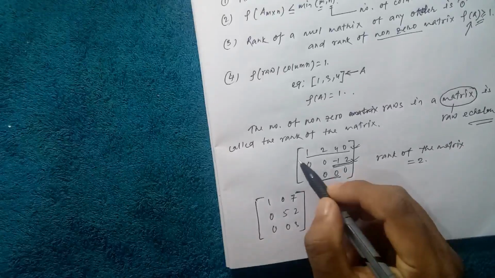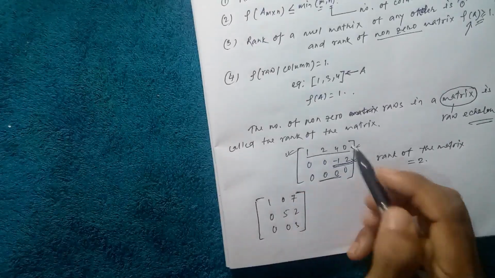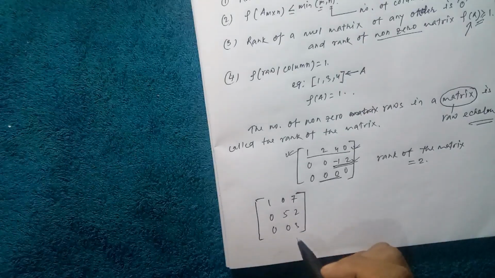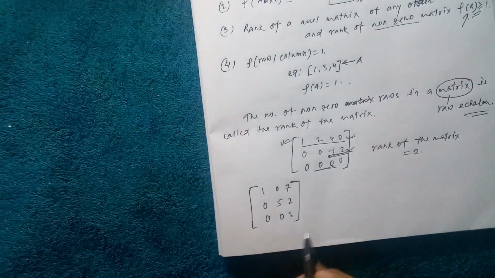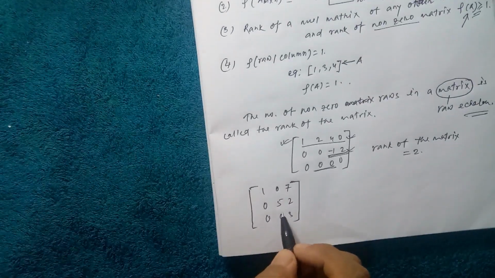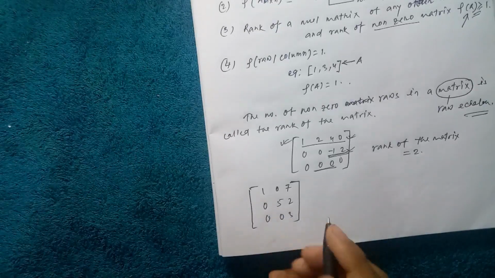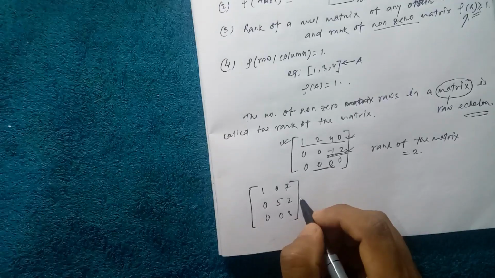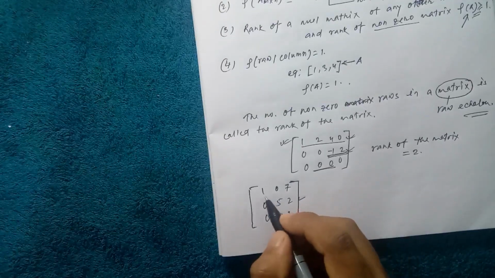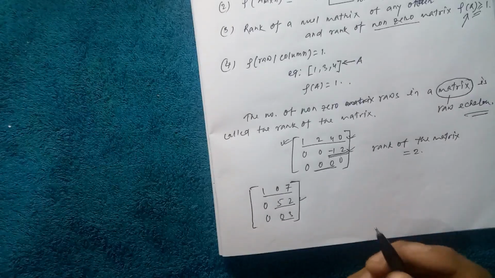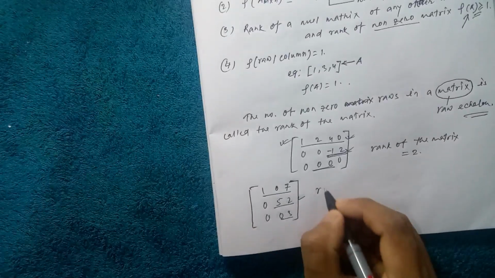If we take again a matrix which is a square matrix, here we see that this matrix is in row echelon form since it is an upper triangular matrix, and also we can say that this square matrix is in row echelon form because it is also an upper triangular matrix. Here in this square matrix we see that all rows contain a non-zero element. So we can say that the rank of the matrix